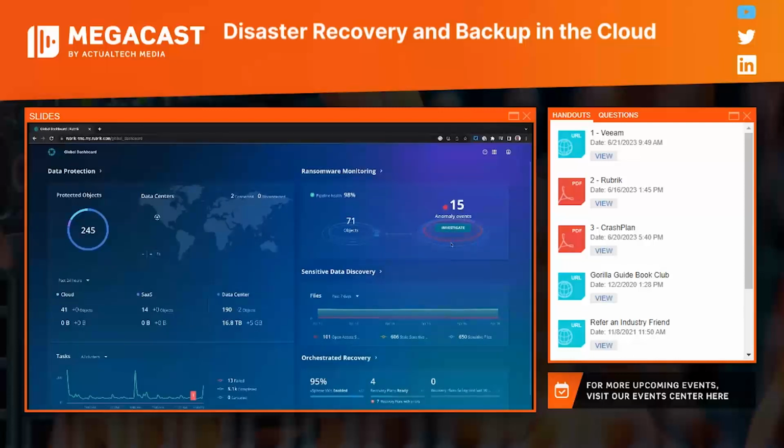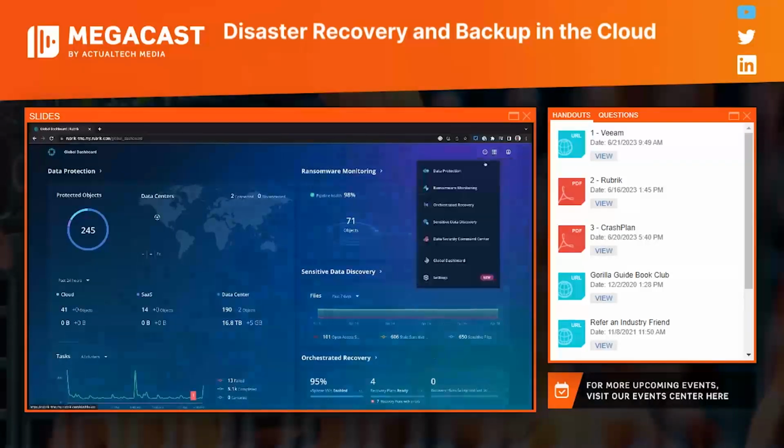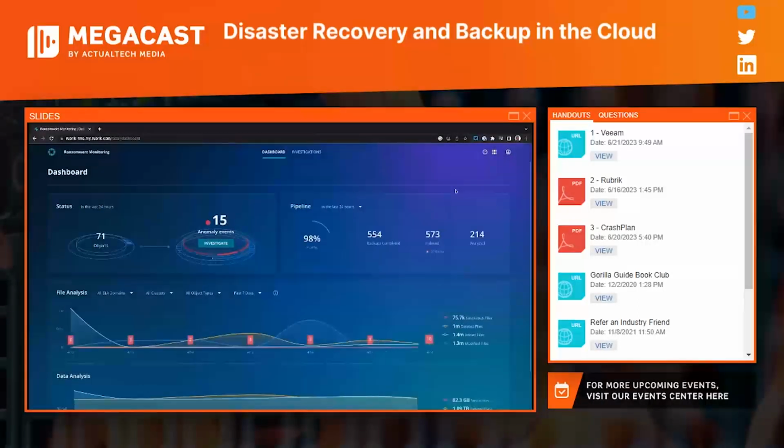Anomaly detection uses a machine learning model to determine not only file modifications, additions, and deletions, but it also looks for entropy and encryption. And this is now available to scan your M365 data. Let's head into our anomaly detection service and take a peek. Now, as we enter anomaly detection, we can see right away that we have some anomalies that have been identified.